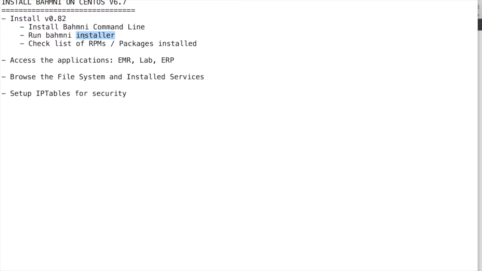We'll have a look at a high level at what all those settings are. After you have set up your configuration, you will trigger the Bahmni installer. It will read your configuration file and install the appropriate components and set up Bahmni based on that.